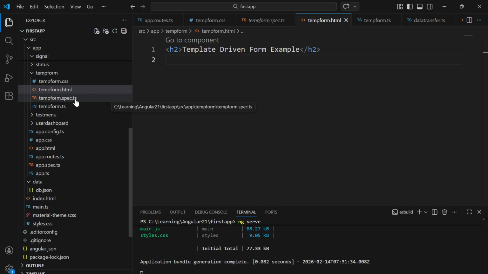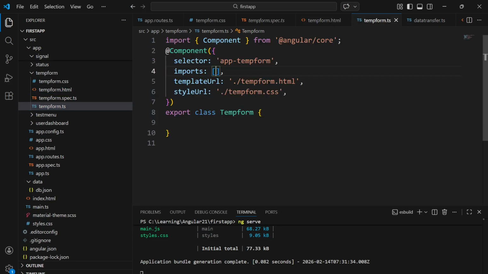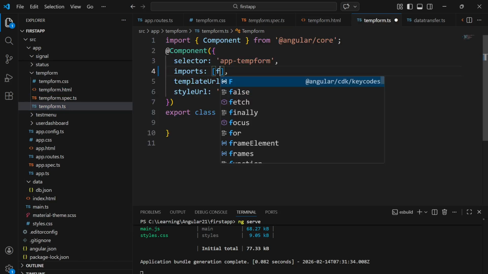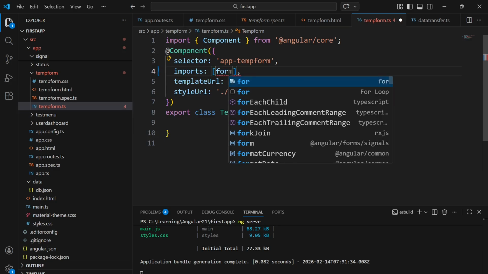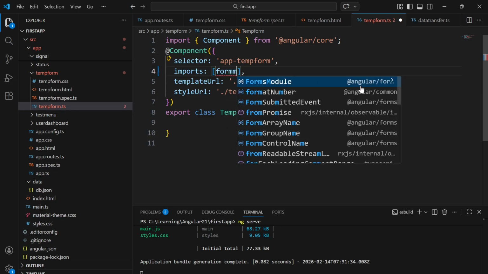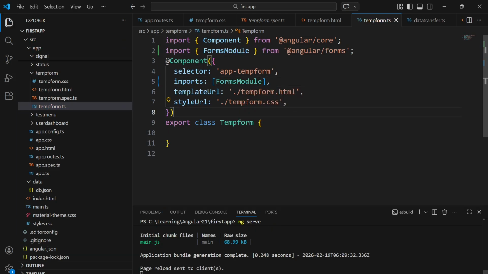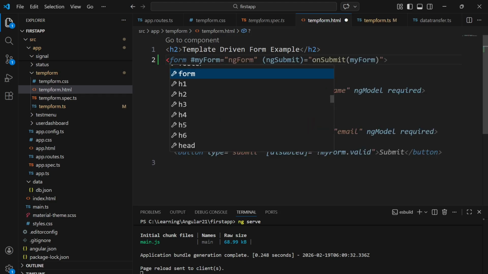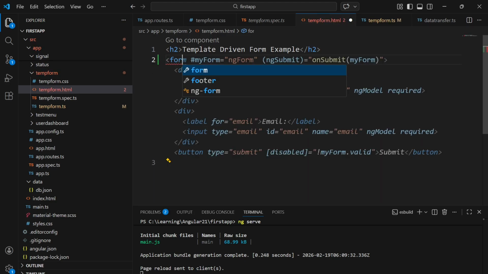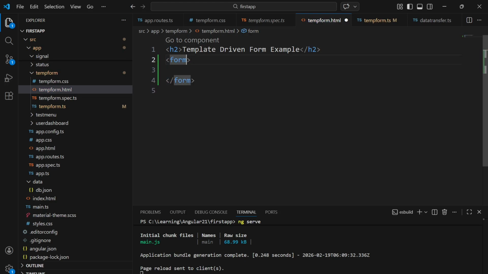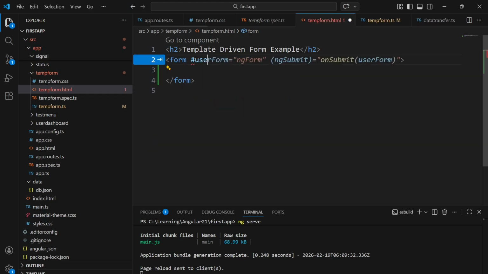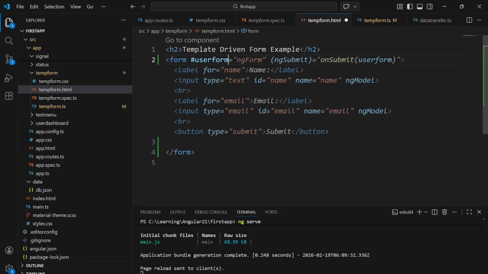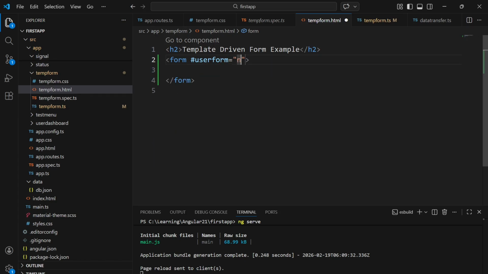This is my application. For this implementation we can use this temp form component. The first thing is we have to import the forms module. It is available in Angular/forms. Next, on our HTML side, I am including a normal form tag and adding an identifier, user form. In this template-driven form, we need to add the directive